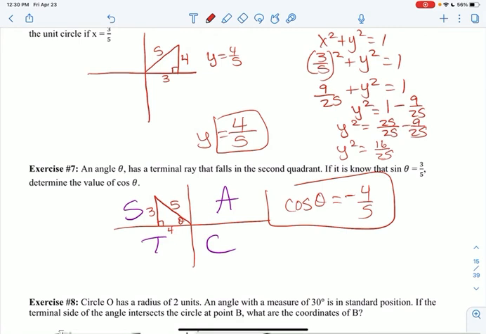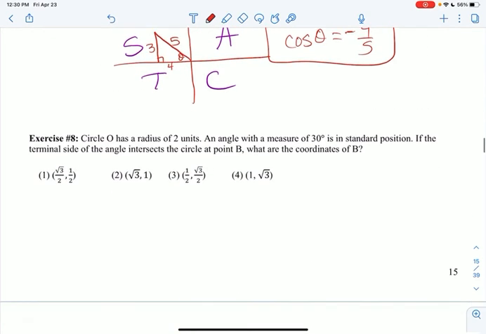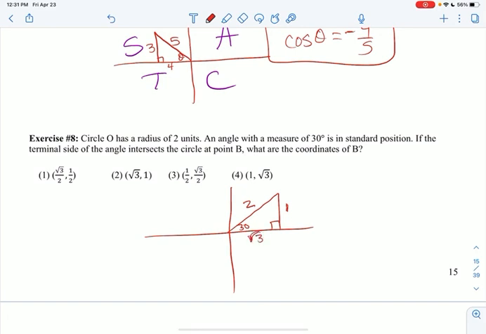Okay, and this last problem. Circle O has a radius of 2. An angle with a measure of 30 is in standard position. All right, so standard position means it's right here. I got an angle of 30. So in a 30-degree right triangle, remember the side across from the 30 is 1, the hypotenuse is 2, and the side across from the 60 is radical 3. Or you could use the Pythagorean theorem, but that's something that we're going to be using so much, hopefully you'll have it memorized. If the terminal side of the angle intersects the circle at point B,